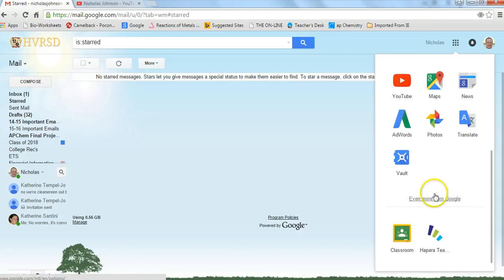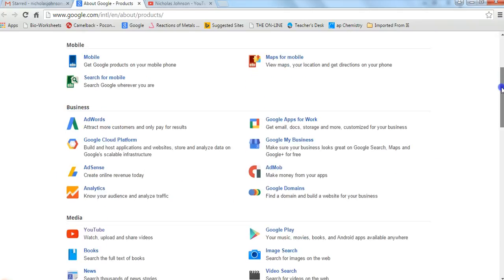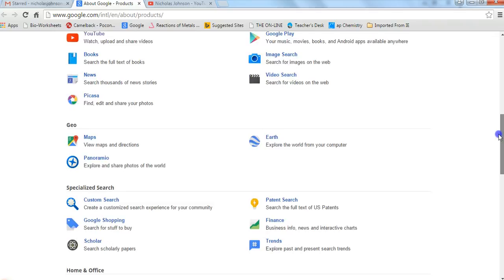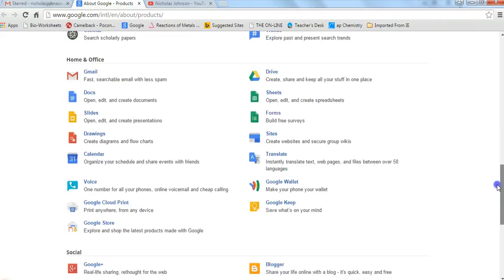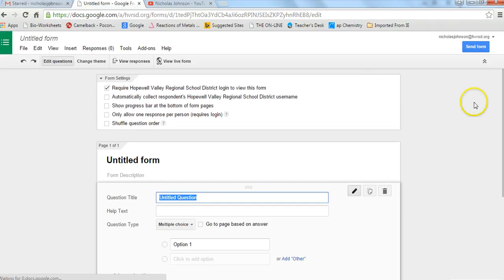If it's not on the second page, you're going to click even more, and you'll get brought to a much larger page that features all the different apps that Google has available to you. If you scroll down to the Home and Office heading, you'll see right there the link for Forms. So go ahead and click that, and you'll have opened up in front of you the entire Google Forms setup